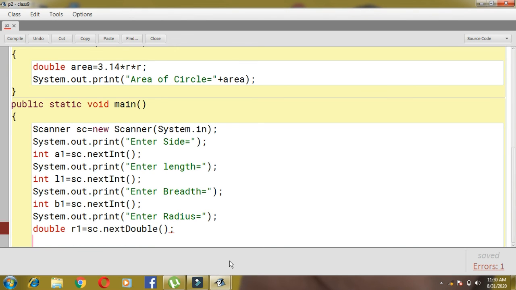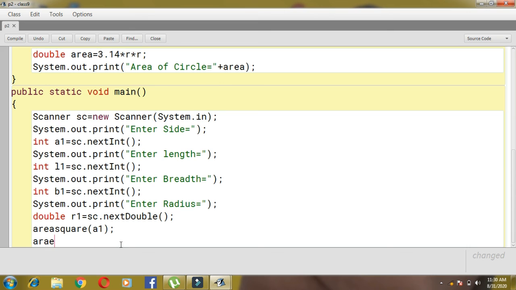Now we can call the function. Function name is what? Area. Then first one is square. Okay, and pass it. This is known as function calling. Call by value. With value we'll call. That is a1. Another we have area rectangle.